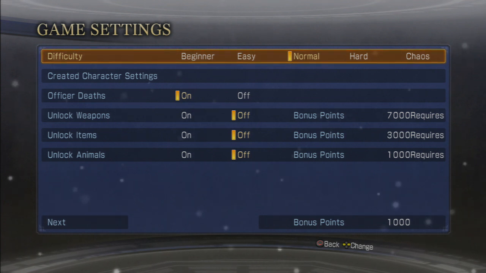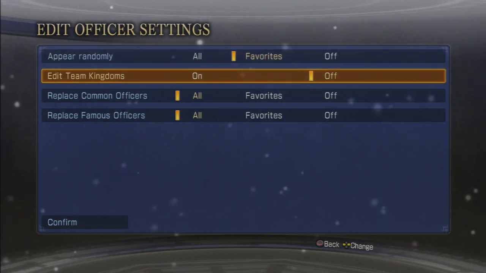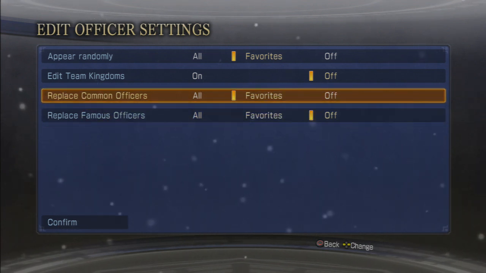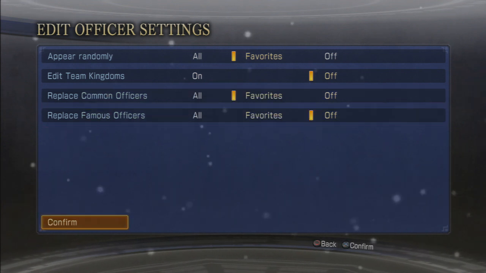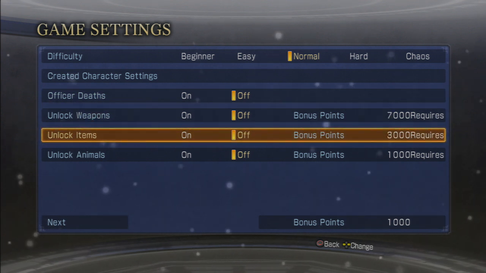I'm going to keep it on normal. Create a character settings, I will say appear randomly, favorites. Edit Team Kingdoms, I'll turn that off just in case. I don't think I have any, but I'll just leave them off just in case. Replace common officers, favorites. Replace famous officers, favorites. So, well, I'll leave that off just in case. But replace common officers, I have a Liao Hua, Cheng Pu, and a Fa Zheng, and Liu Kang. So I'll leave that there. Confirm. Officer deaths, I'll leave that off for the sake of the scenario I'm playing. Bonus points, I'm not going to use bonus points this... Well...